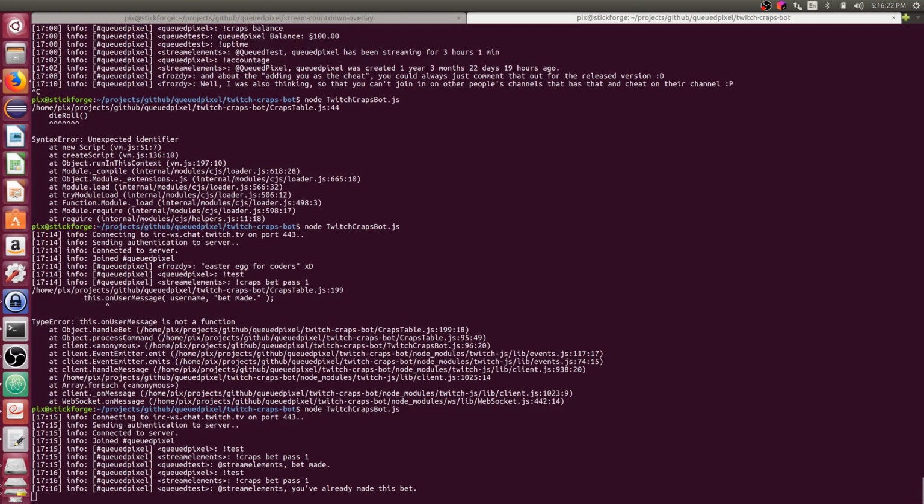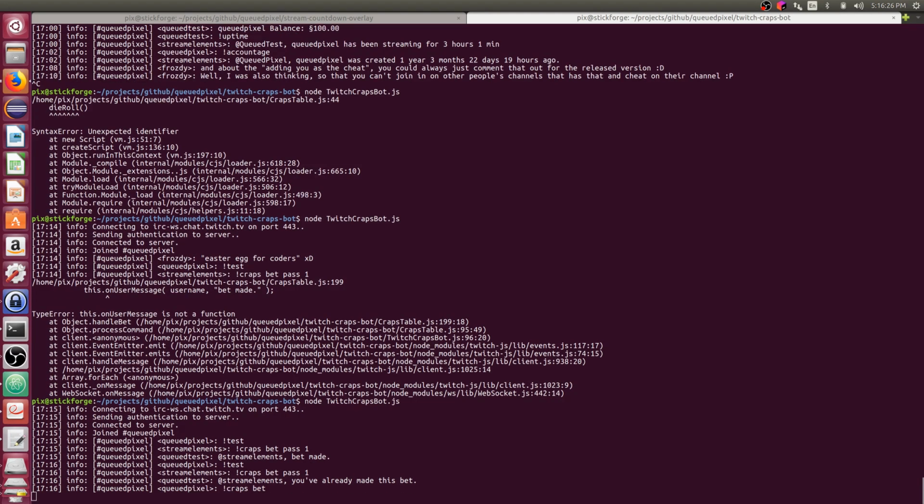We'll say craps bet. So that doesn't work because we don't pass it in if there's no space there. So that's another case to consider.